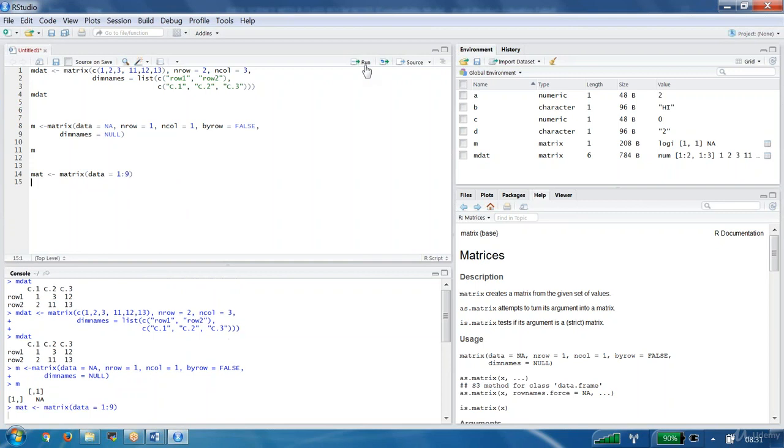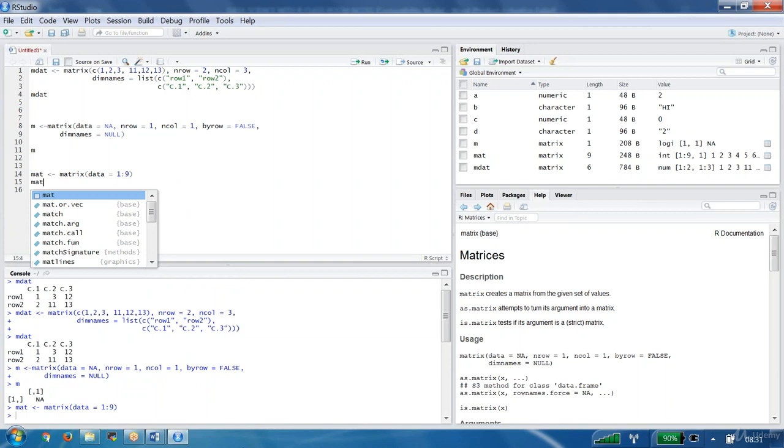Let us run the statement. It ran. Now I want to understand how it filled the values. Was it filled by row or by column? That is one question. Second, how many rows and how many columns did I get here?